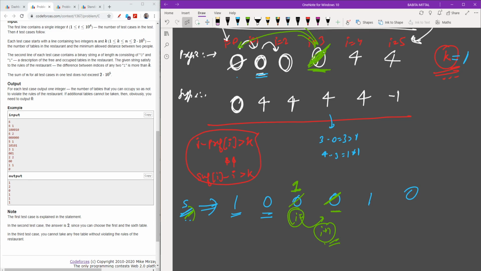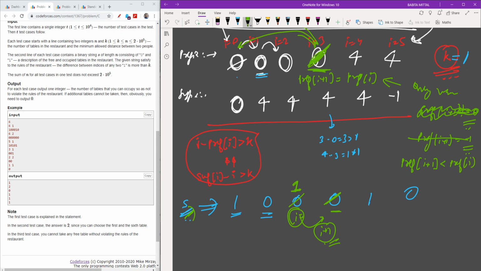I will update my prefix of I plus 1 with prefix of I only when my prefix of I plus 1 is not occupied, which means it is minus 1, or you can say, if my prefix of I plus 1 is less than prefix of I, then I will update it.